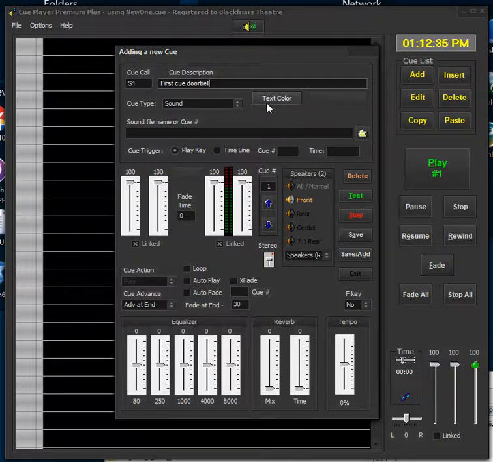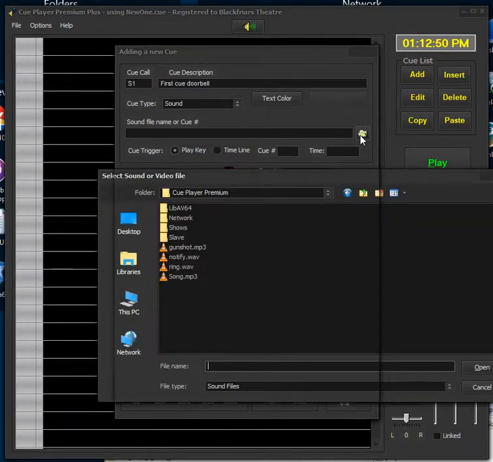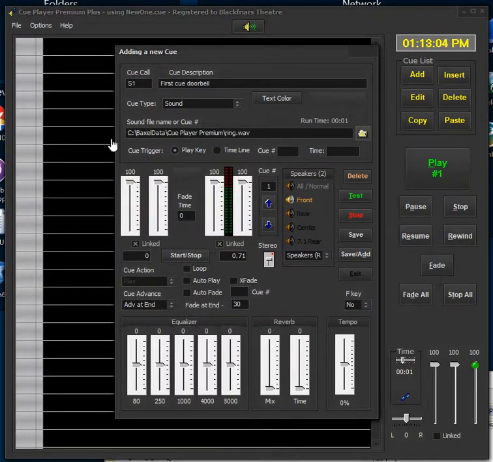We can choose a text color. The default is cream, but we can go here and select any of the cue colors that you may have noticed in the sample cue file. It can have various colors, but we'll just go with the default here, and we're going to select a sound. In this case, we're going to do a doorbell, so maybe we'll pick ring for our doorbell. We'll click the open button. We'll see that the file path and name of the file appears in here, and now we can choose the rest of the editing